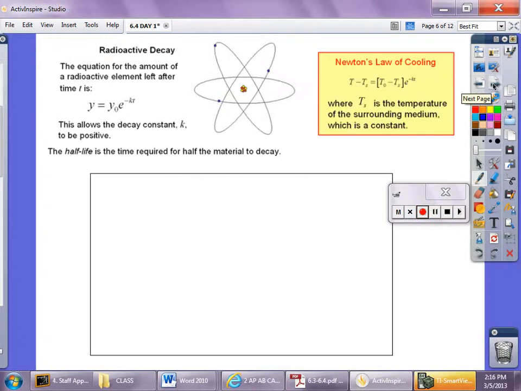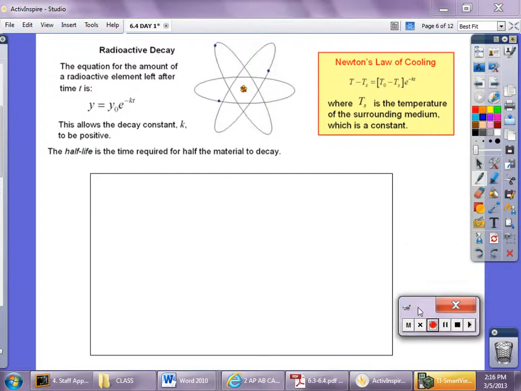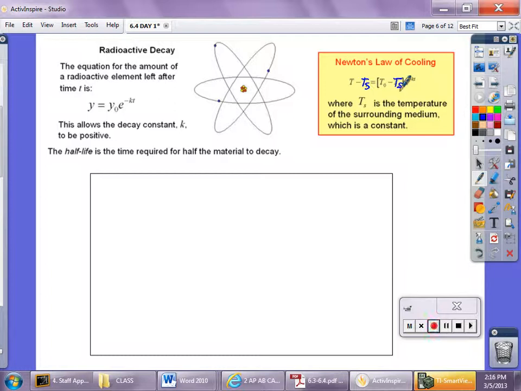So, I have here a few formulas because I believe that there's at least one problem or two that I gave you with Newton's law of cooling. Just so you understand, this T sub S right here is the surrounding air temperature, meaning if you take something out of the oven, the T sub S would be the room temperature. All right? The problems that you have, if you're using Newton's law of cooling, you'll start with the formula given